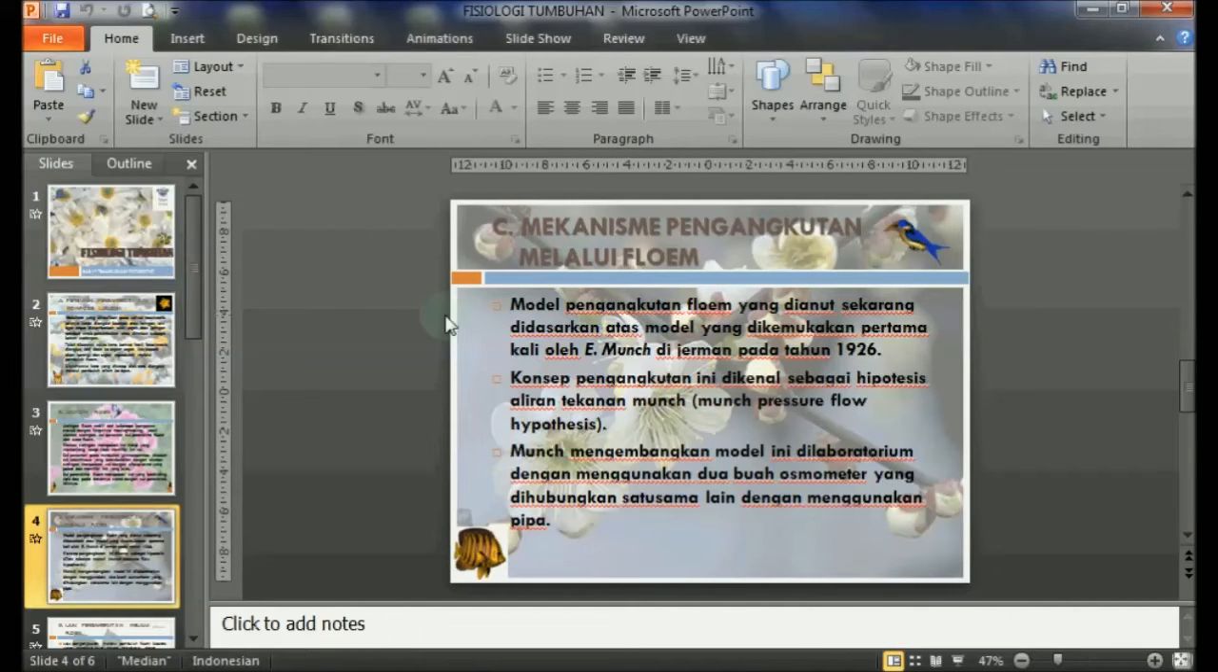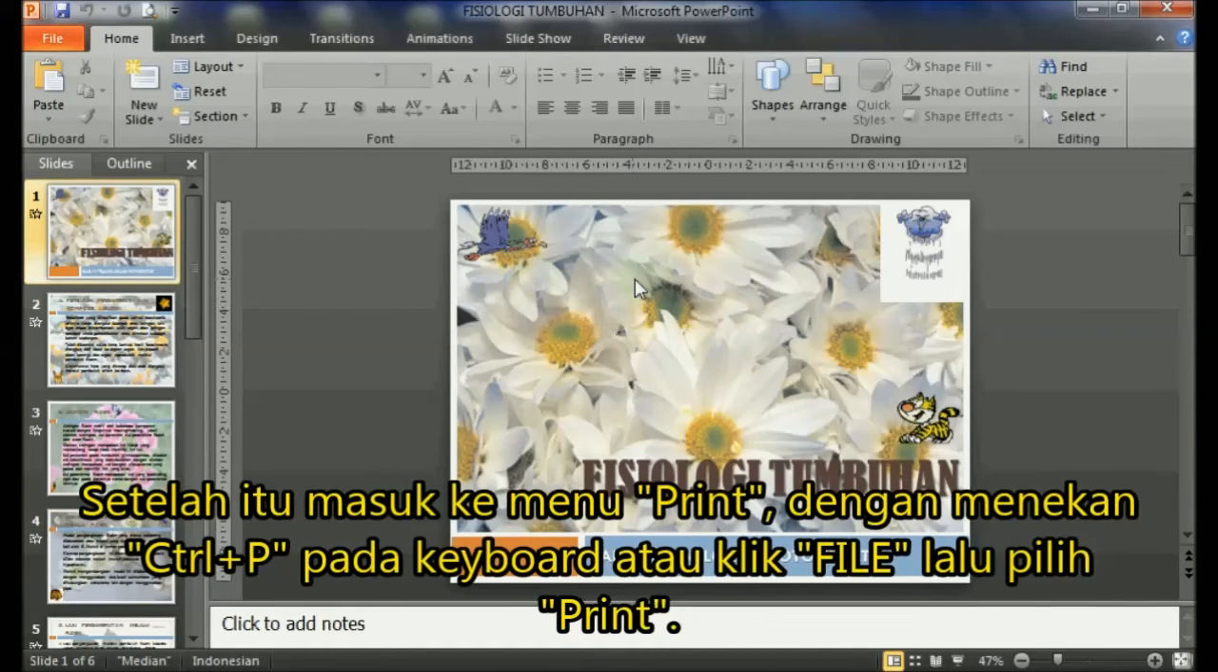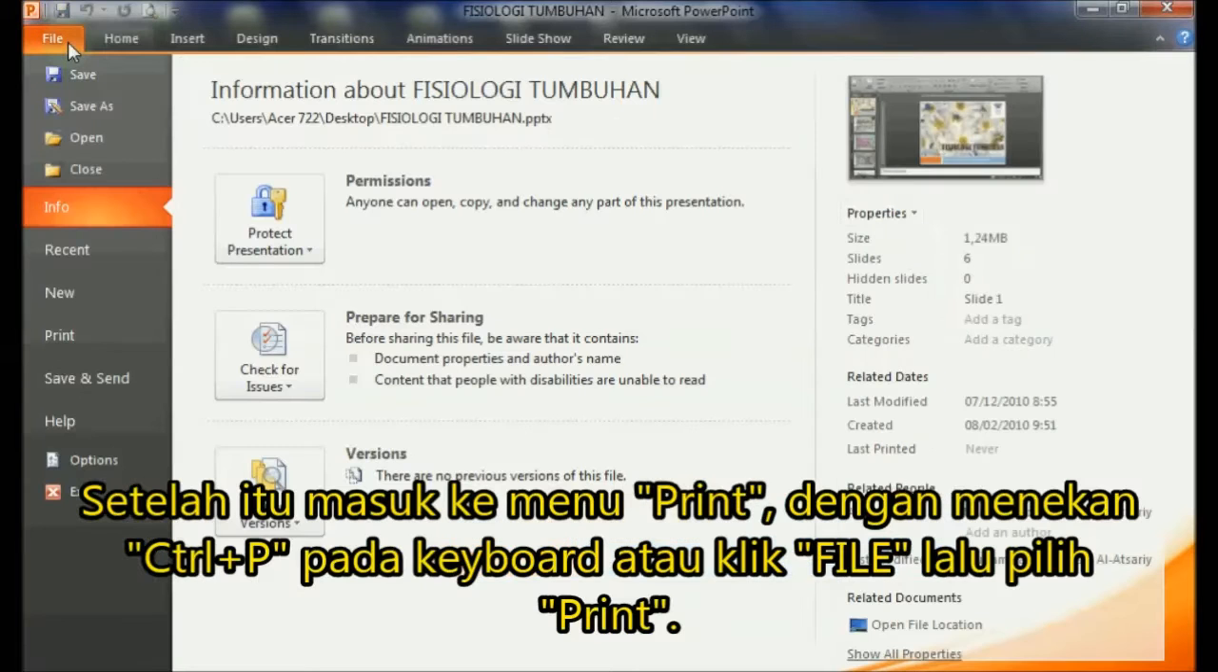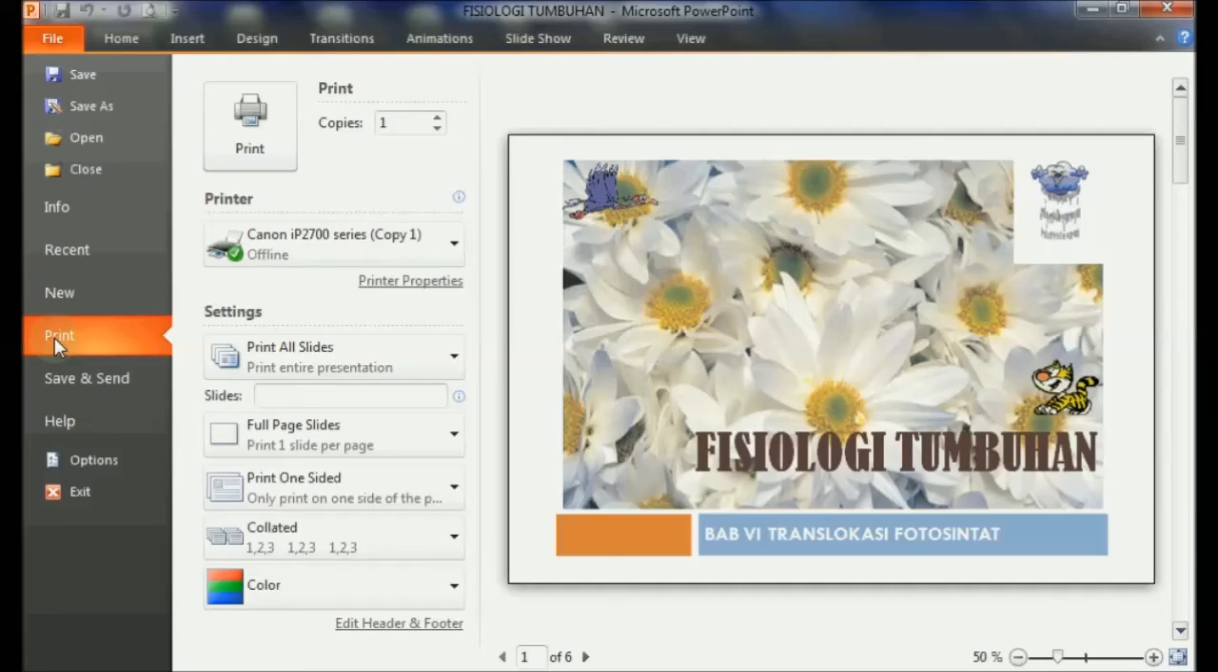The method is very easy. First of all, open the Microsoft Office PowerPoint file which we will print in landscape form. After that, go to the Print menu by pressing Ctrl and P on the keyboard, or click File, then select